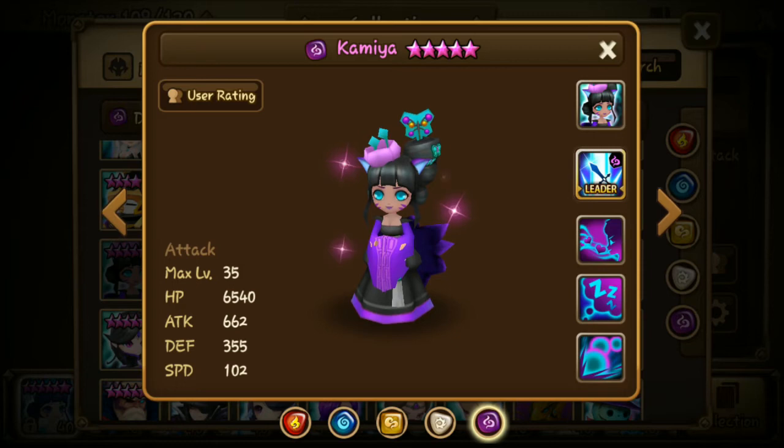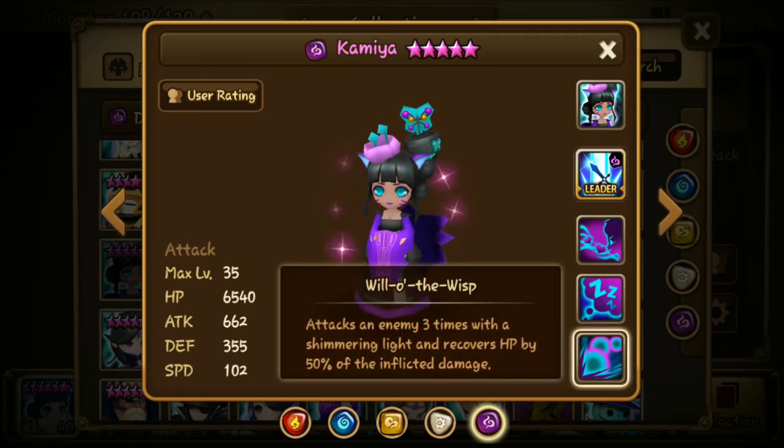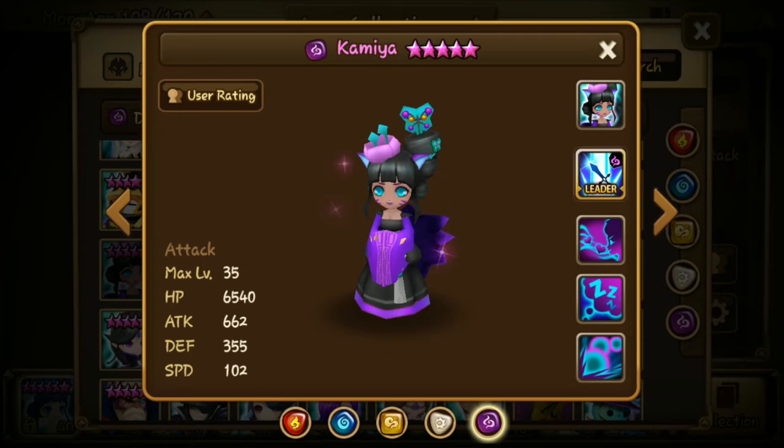If you want to use her in PvE, I don't think she's quite useful in PvE, but you can use her as a farmer, of course, because she's an attack type monster. And here, her first skill has a vampire ability. You can recover your HP, so she can kind of be used as a farmer. But of course there are other better farmers around,